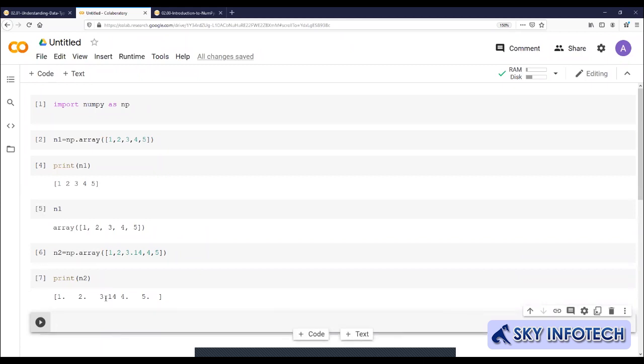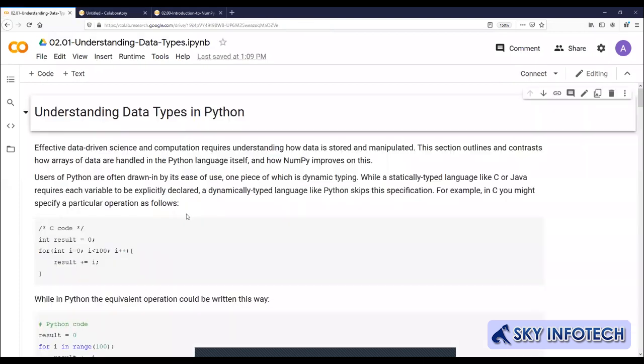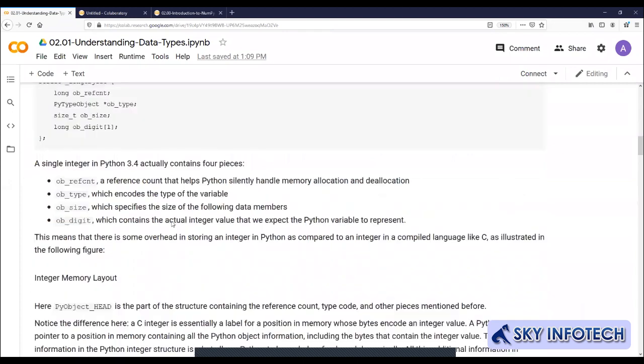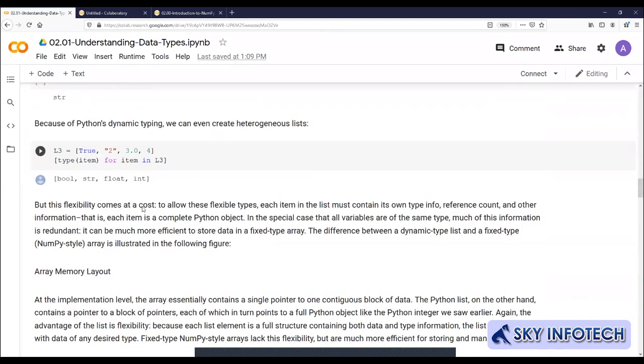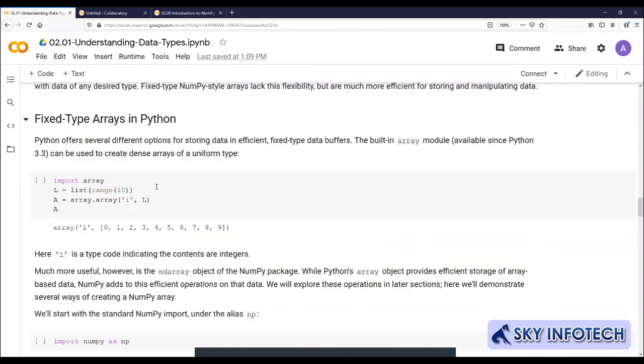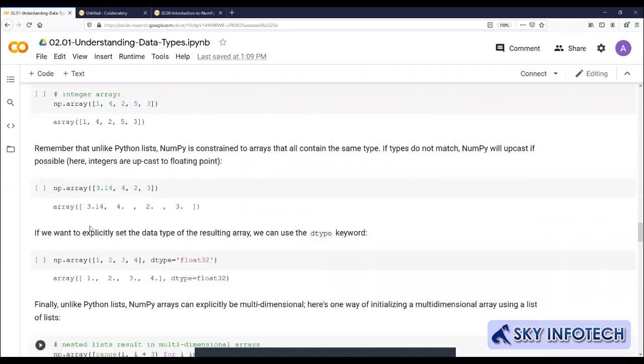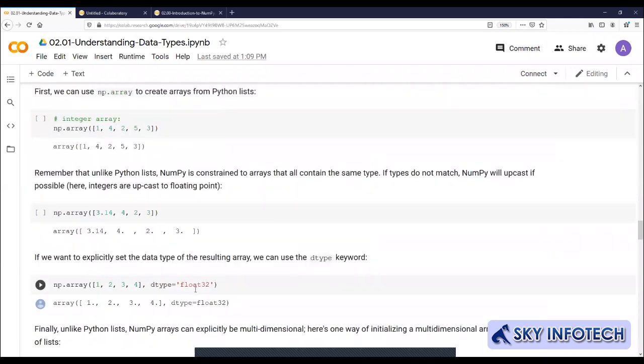You can see the difference. In between there came a float value, and all of the values were upgraded to float. Right? Typecasting. So this is what has been explained here. Okay.